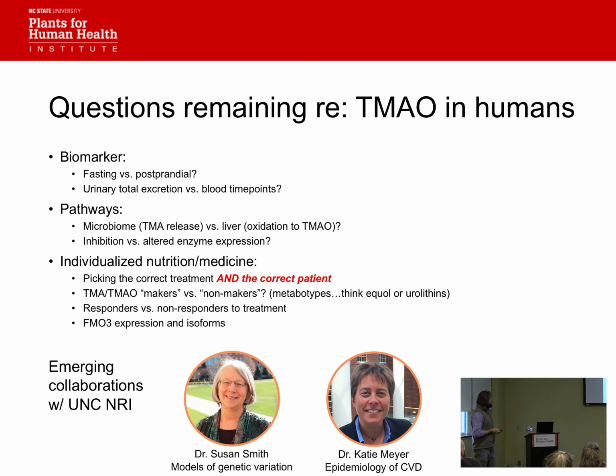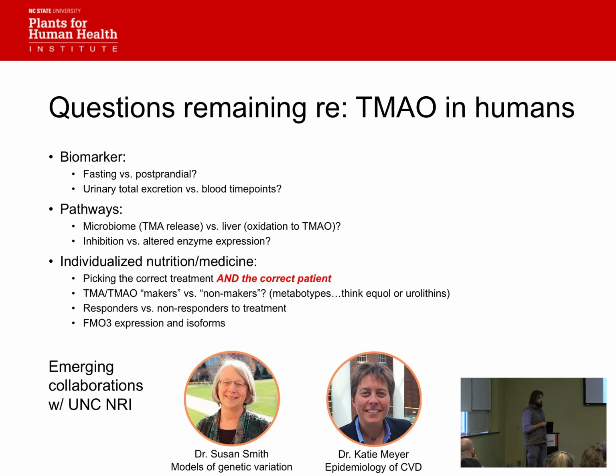More importantly, utility. We know that TMAO is a good biomarker of risk. We don't really know if that's modifiable by diet, other than saying, hey, let's eat less of the substrate, okay? I'm not going to dwell on this a lot, but one of the things that we think now is that not only do we need to find the correct treatment, we need to find the correct patient. Who is the patient that is able to benefit from targeting this TMAO pathway?